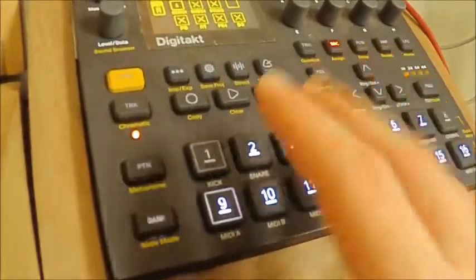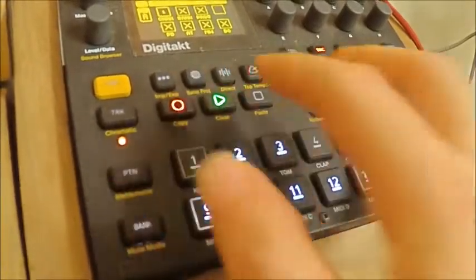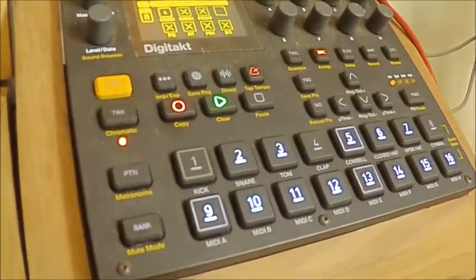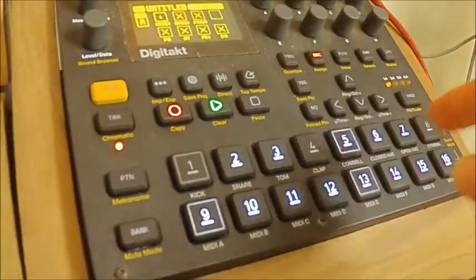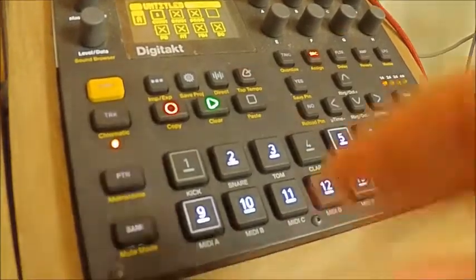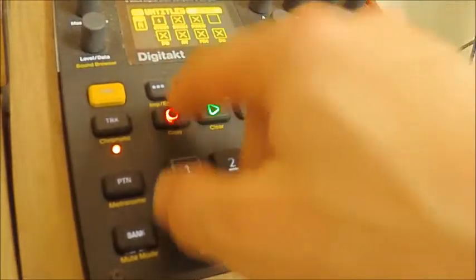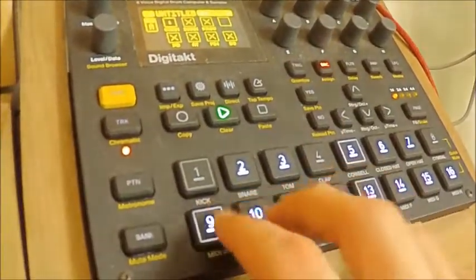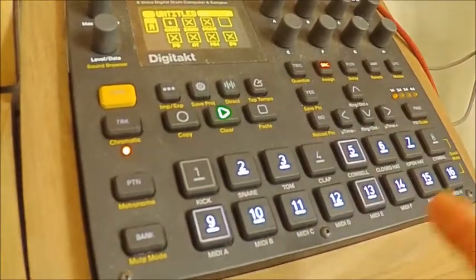And the other thing about the Digitakt is that you can hold down record and press play, and now you're in live record mode, so you can jam in a little melody, and depending on how many steps of your sequence you have running, it'll record it and play it back. So that's a really, really cool way to interact with the modular. You could just jam in a sequence and get it to play back. But